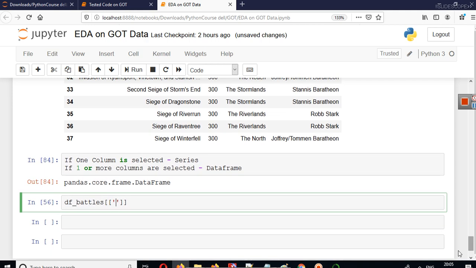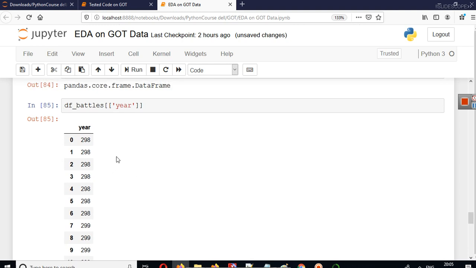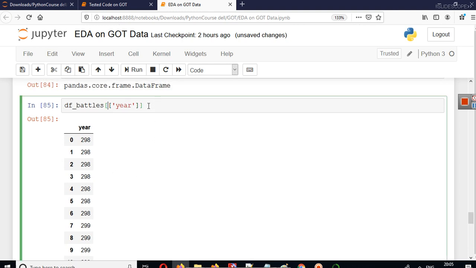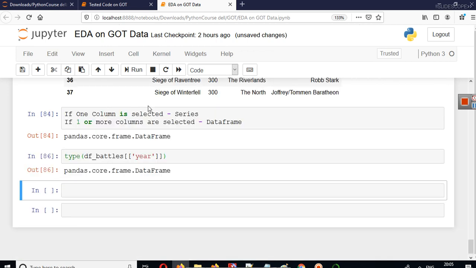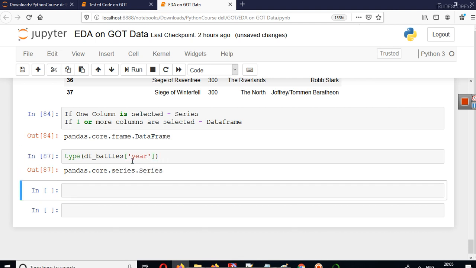What I am doing here is writing a list directly, instead of creating a variable and writing a list, and let's select any particular column here. So this is also one column selected, and let's analyze the type of it. You can see its type is data frame. So when we have used two brackets, it's a data frame, and when you use one bracket, it's a series. That's just something that you must understand and know.